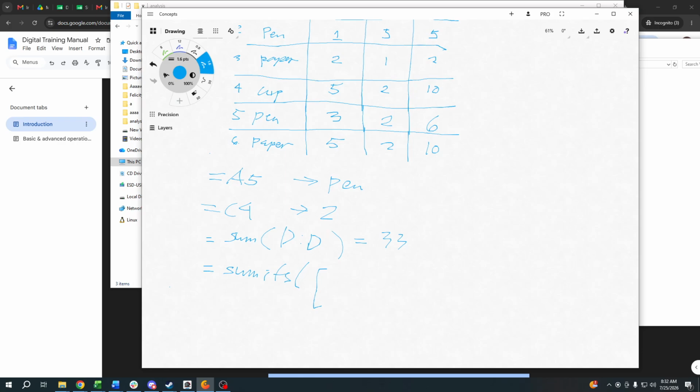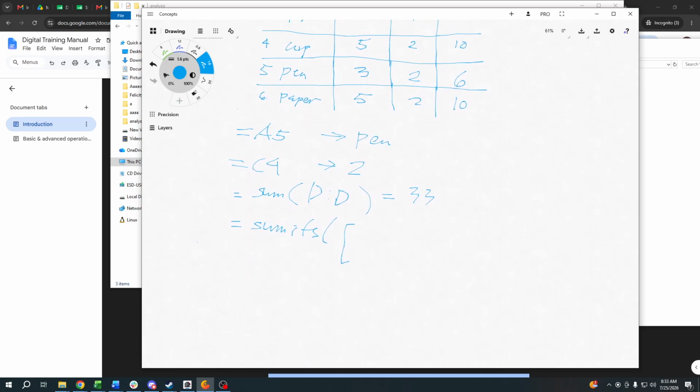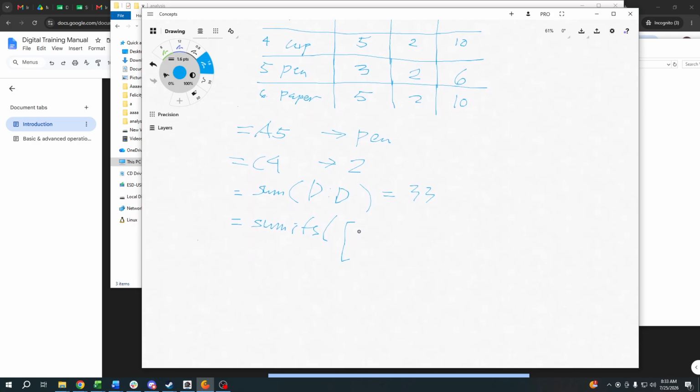For now, we would like to know the total cost for pen. So the total price of pen,